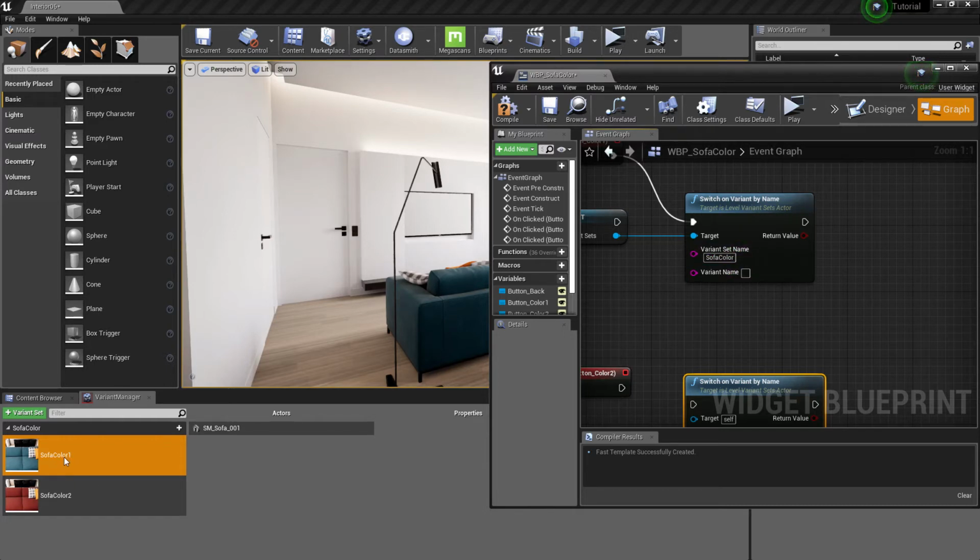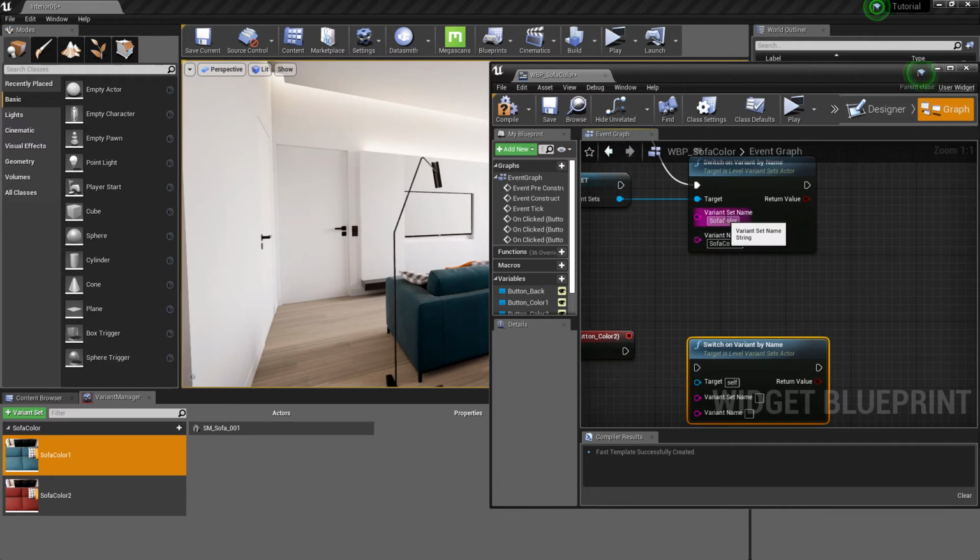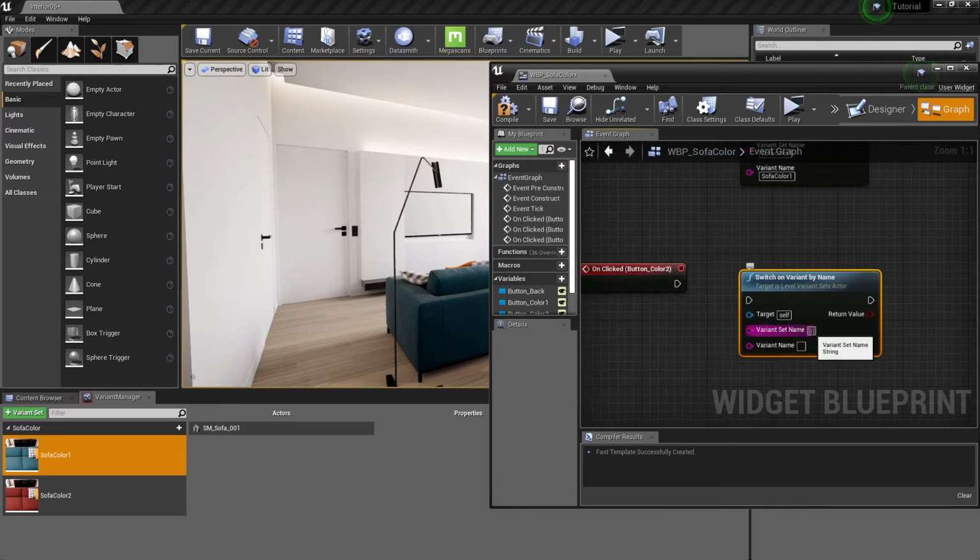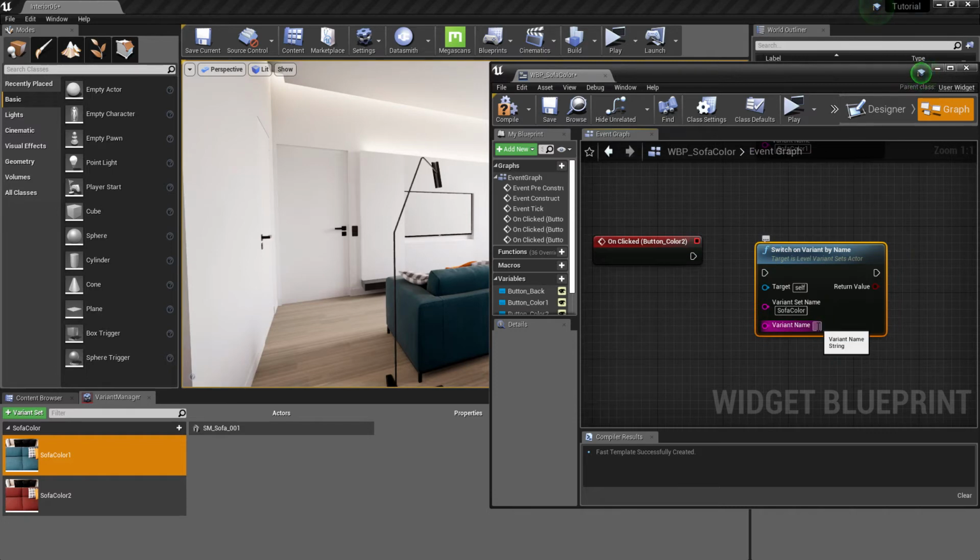And our first variant is sofa color 1. Let's fill the second variant details.